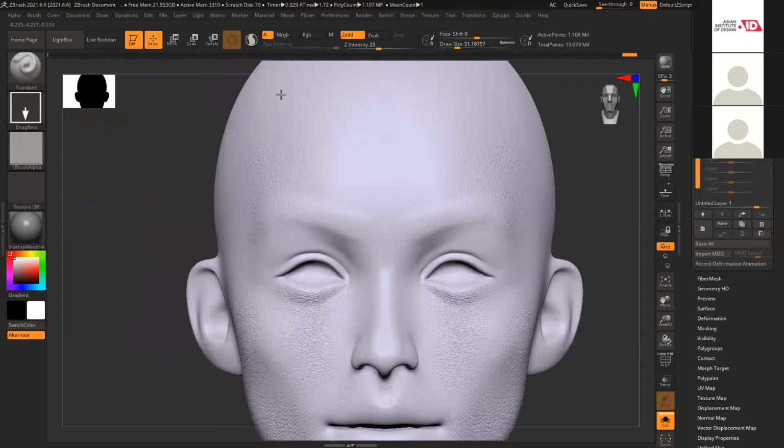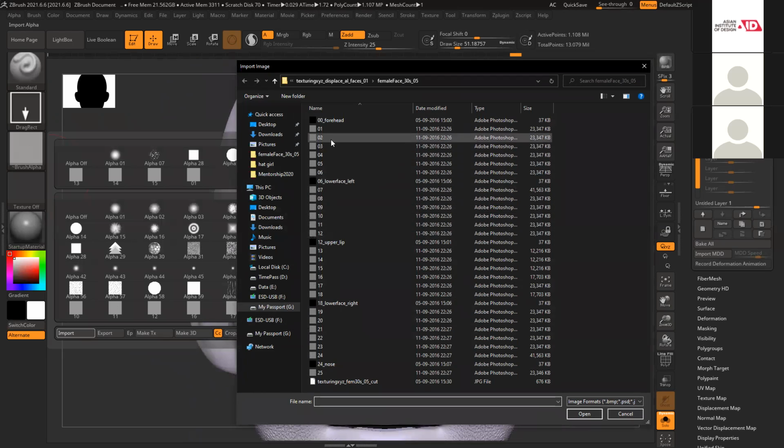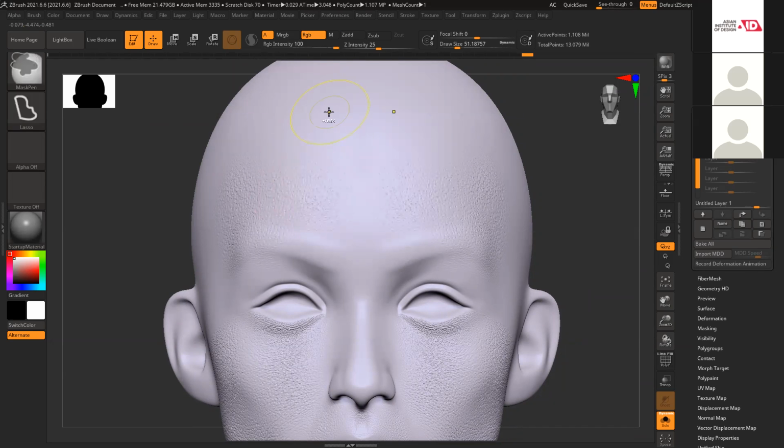I'm using the same thing twice so that I fill in this area. Undo.